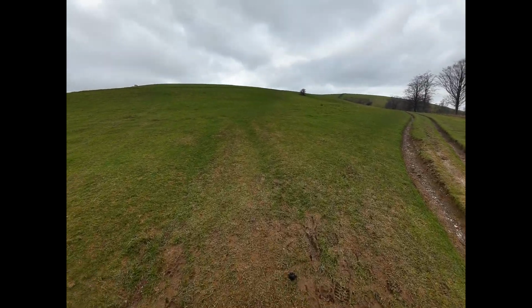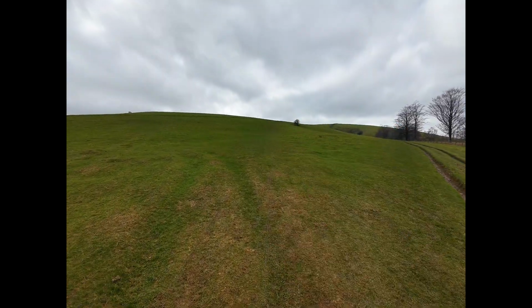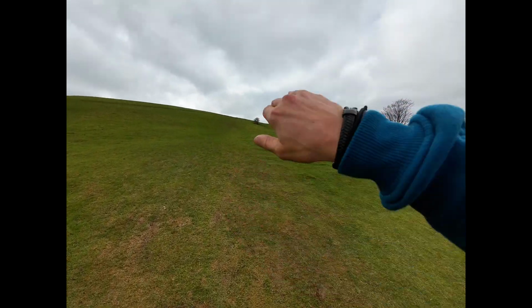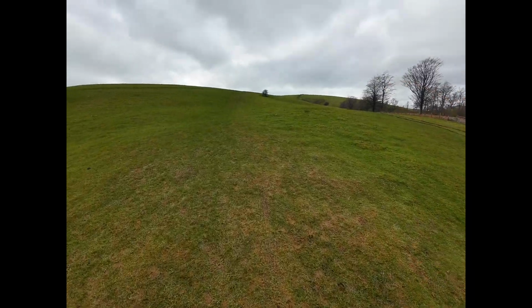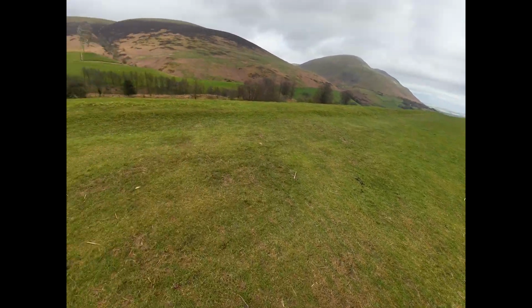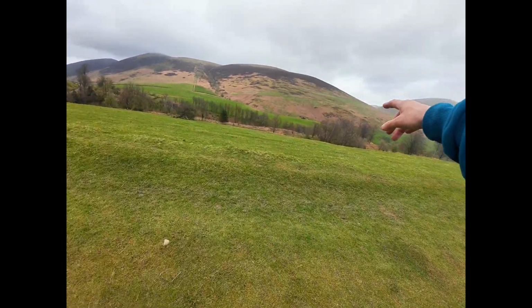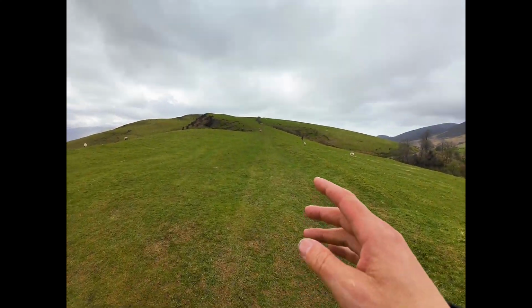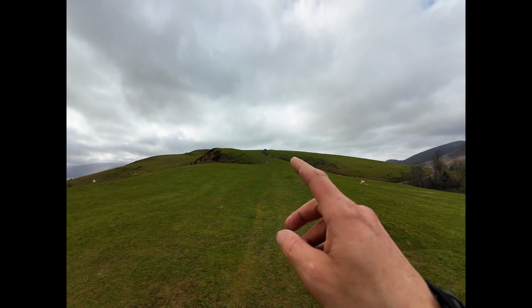So just kind of follow your nose, follow this little path diagonally up. It gets onto a more level, well-worn path, and then just kind of follow that up. As you can see, this path levels off. It does traverse this other one here, but you want to be going up here, and then you can just kind of see it going off up